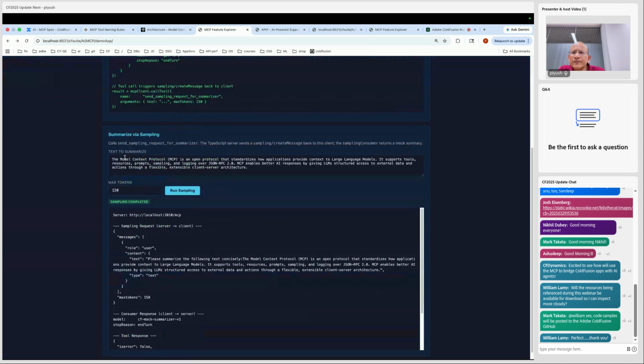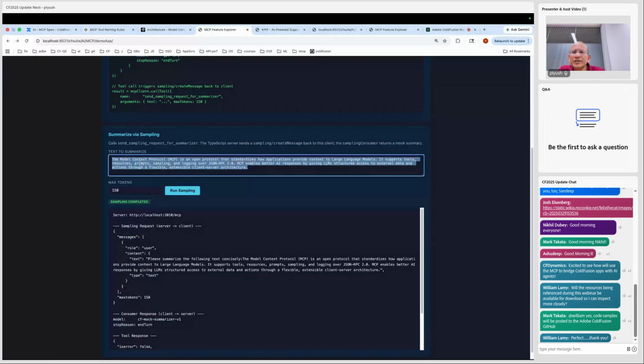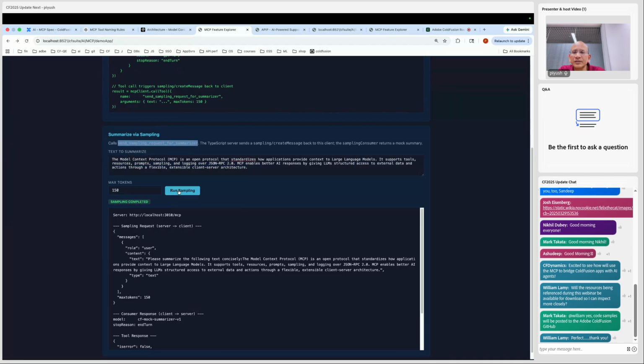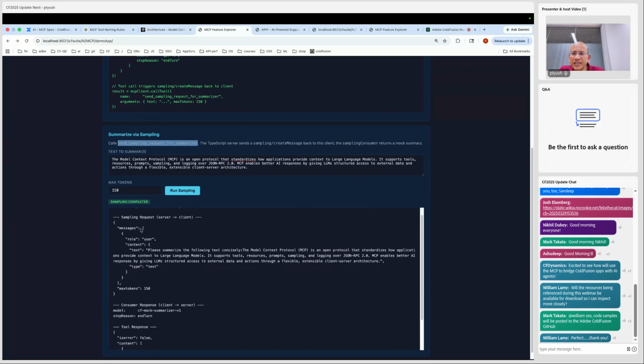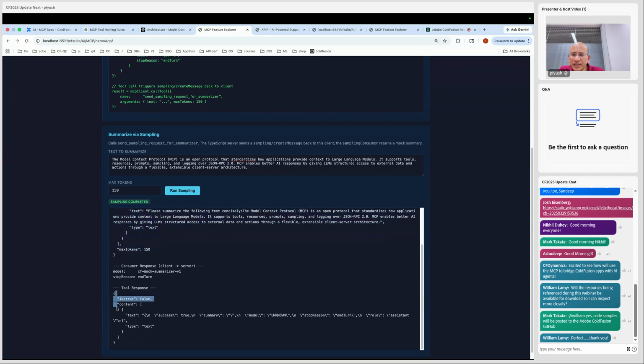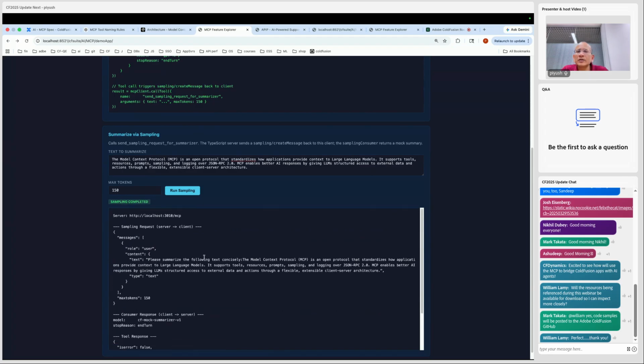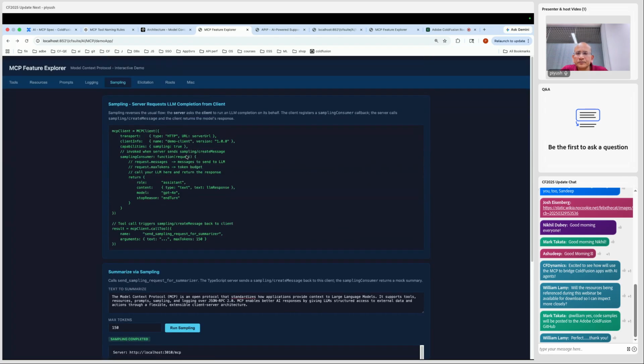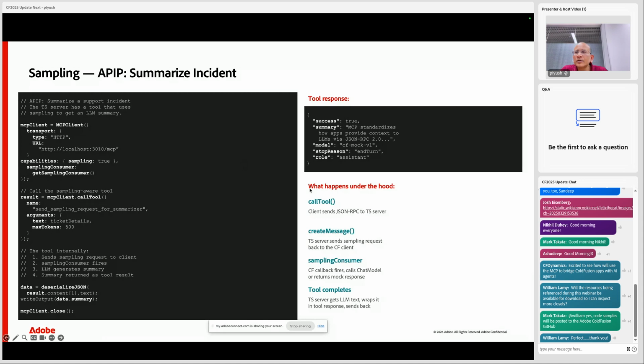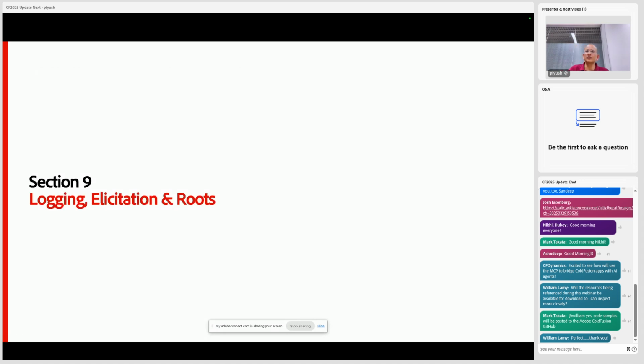So let's say here's the text that it wants to summarize, and it summarizes via sampling, right? So this is going to send a sampling request back to the client, right? So the client receives it like this, and it can send the response back to the server in this manner, right? Right. So moving on to the other features